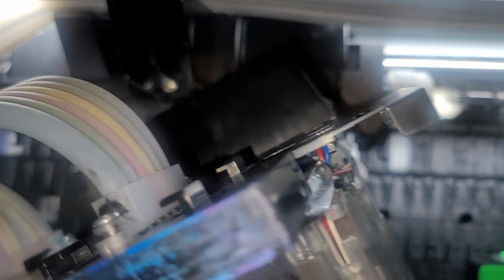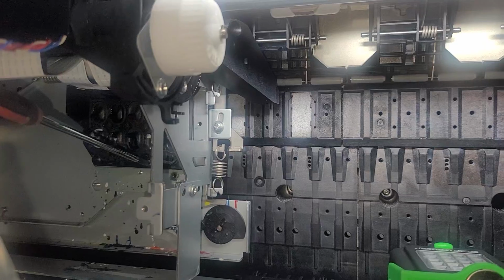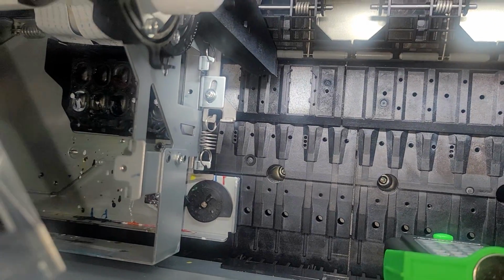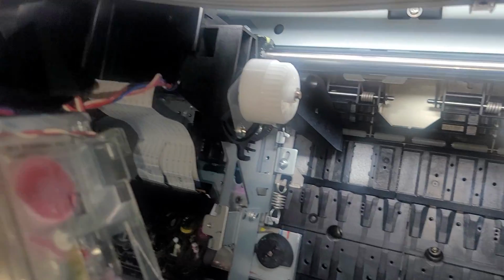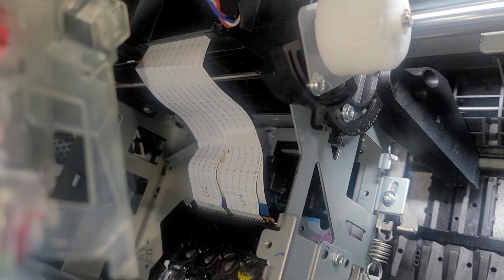So what I'm gonna do is loosen this bottom screw up, because I can see it's not all the way loose for me. And then let me go pull this off now. So okay, now we have that off, and you guys want to be careful